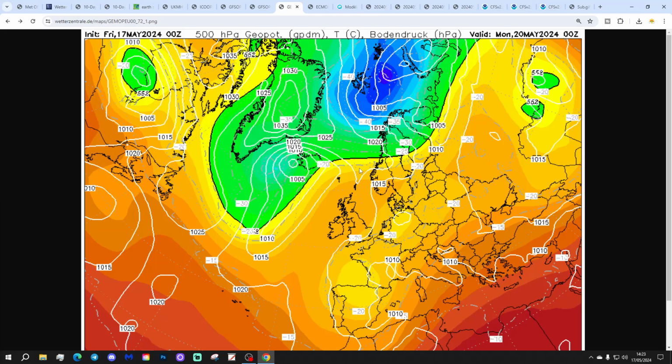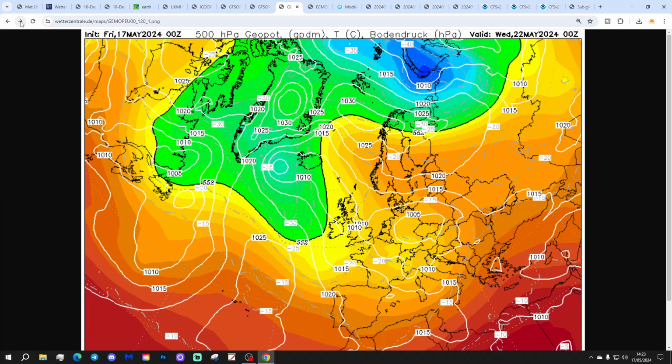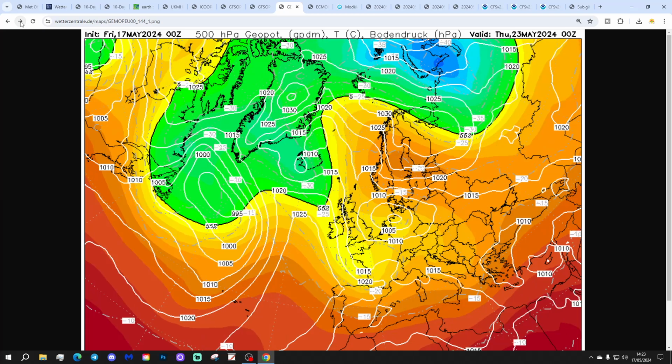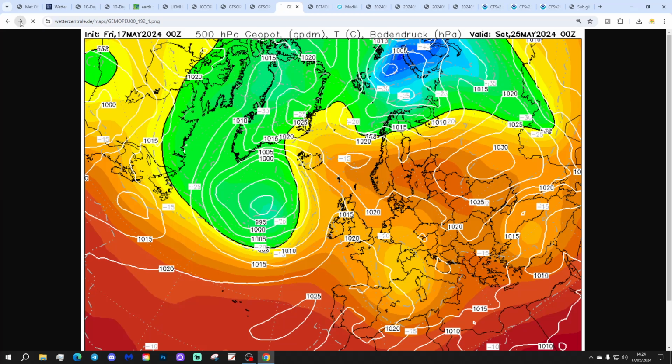Okay, GEM. Again, we're back to a ridge of high pressure to the north and west on Monday, chopping the south into the middle of next week. Just generally quite showery with low pressure never far away. We've got low pressure moving in from the east through the second half of next week. So by the time we get through to midnight next Friday, quite a significant low actually sitting in the east. That will bring a lot of rain potentially in from the east with it as well.